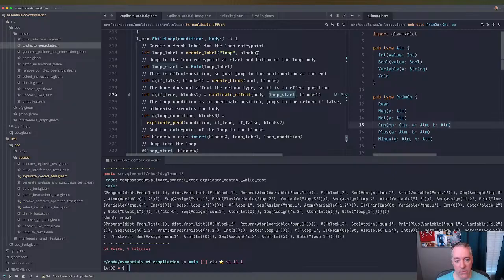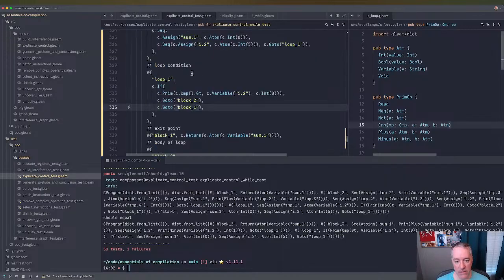So we haven't inserted into blocks yet, so 2 of these things are going to get the suffix 1, and it just so happens that loop gets it and the false branch block gets it. That's why we have 1 1 2 rather than 1 2 3. Okay,